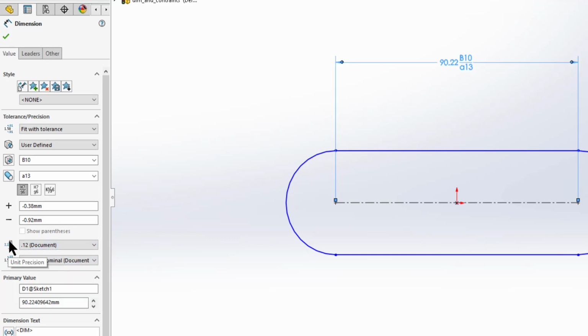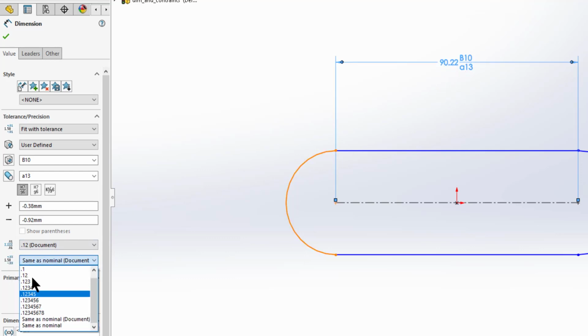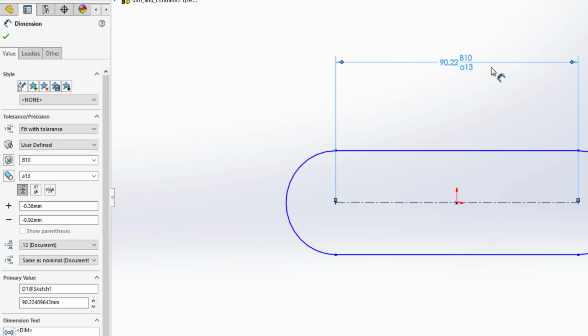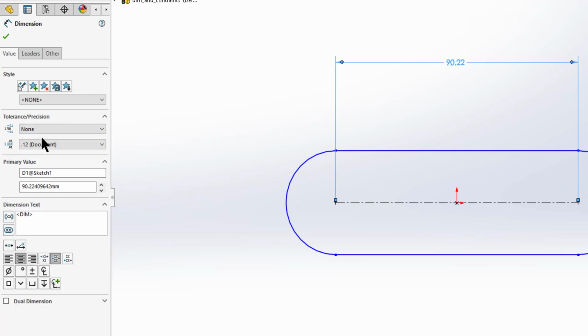These values are for the unit, the main numeric you can see over here, and this round of values are for the tolerances we are given over here. So for now we don't want to provide any tolerances with this dimension. Just select here and select none. Now the next thing is primary value. In this we can change the name of this dimension. Let's say I want to name it as